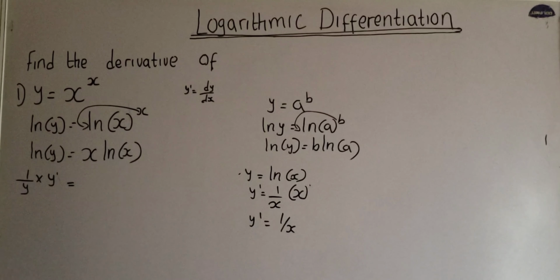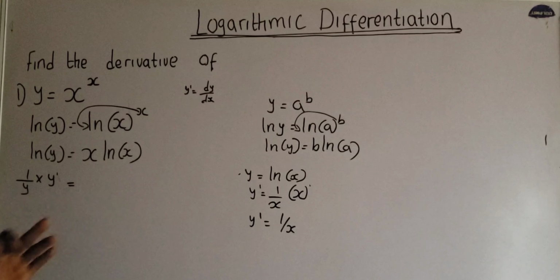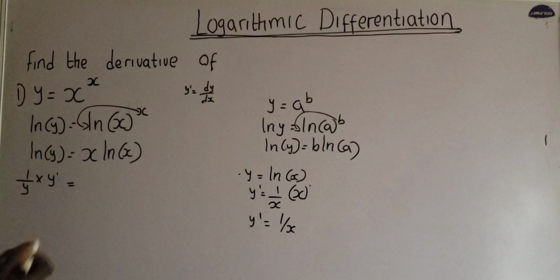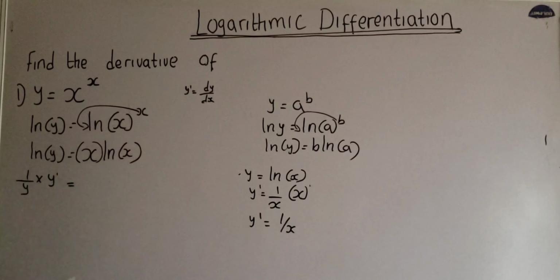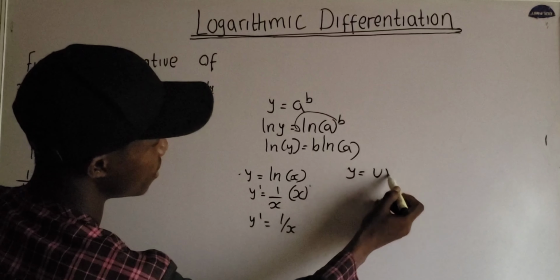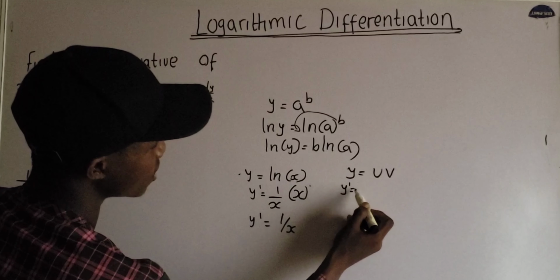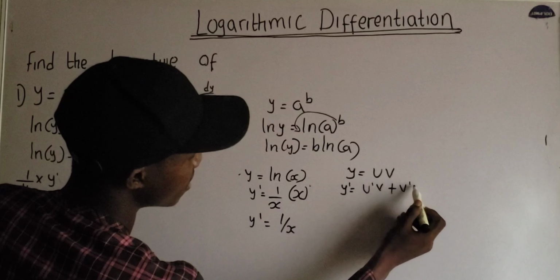Now let us take the derivative of the right hand side of this equation. You can see that we have two functions multiplying each other: x multiplied by natural log of x. I will make use of the product rule here because I have two functions. This is one part and this is another part. According to the product rule, when we have y equals uv, the derivative of y is the derivative of u multiplied by v, plus the derivative of v multiplied by